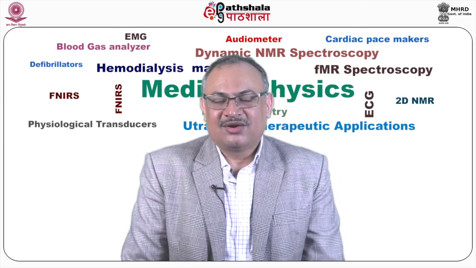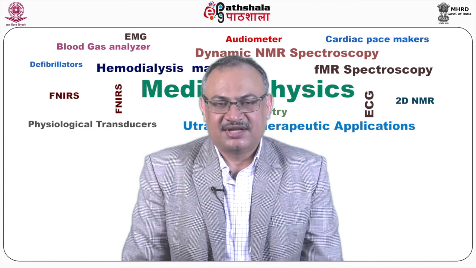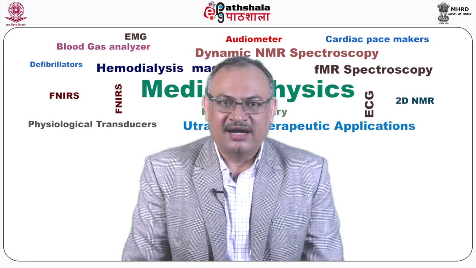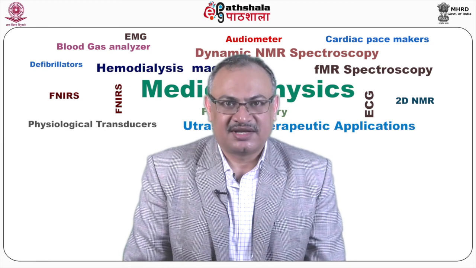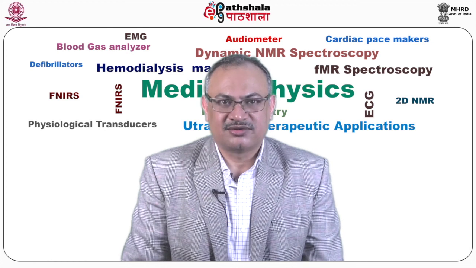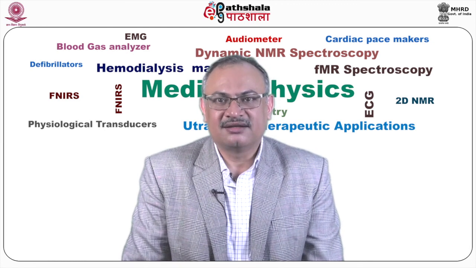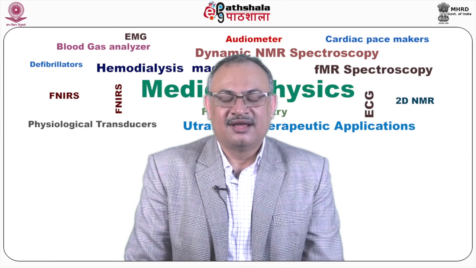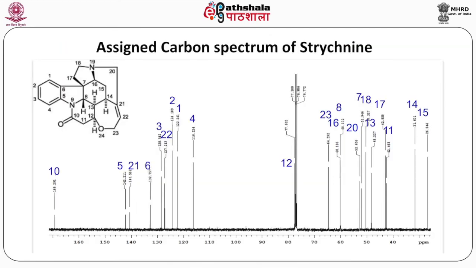By doing all of the homonuclear two-dimensional experiments that we described in the previous module, and the heteronuclear two-dimensional experiments like HSQC, HMBC and HSQC TOCSY, we are able to assign the carbon chemical shifts of strychnine. In this figure, you see the labeling of the molecule of strychnine and its C13 NMR spectrum. The peaks around 77 ppm come from the solvent CDCl3 and the rest of the peaks come from the molecule, and now they are identified as to which peak belongs to carbon at which particular position.